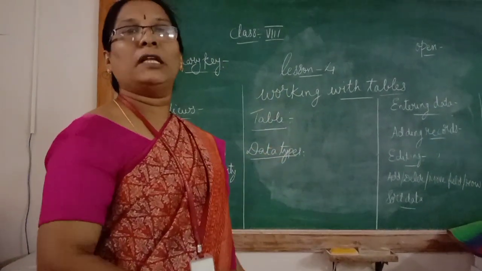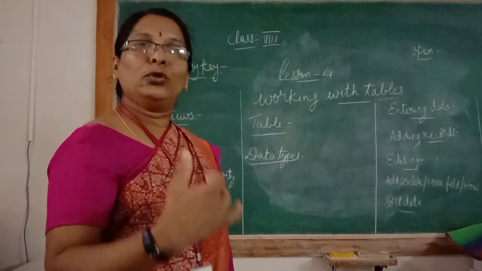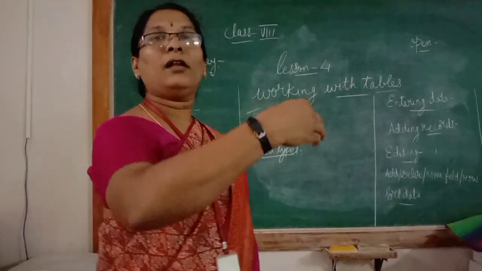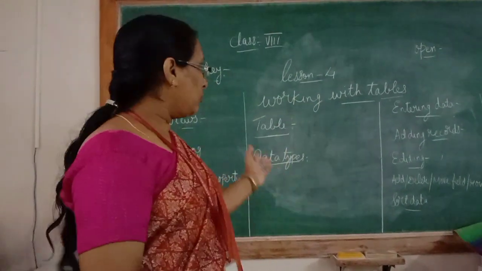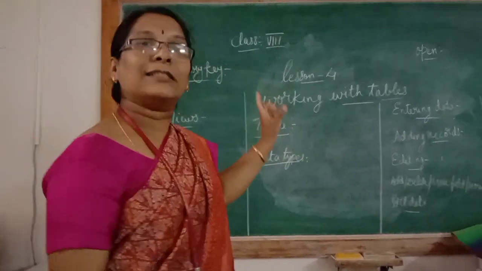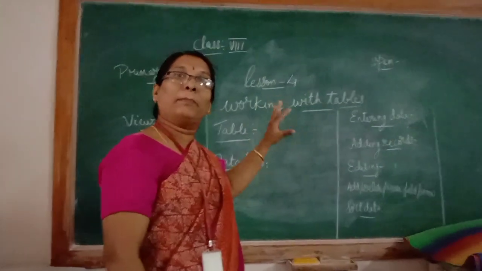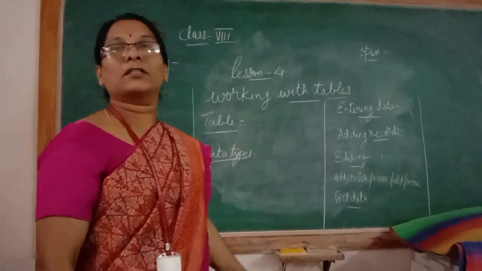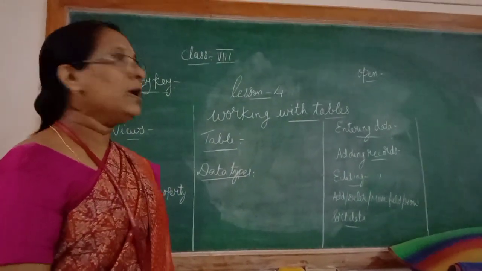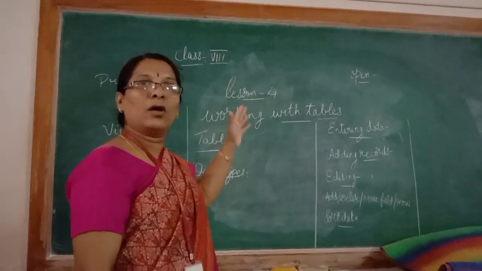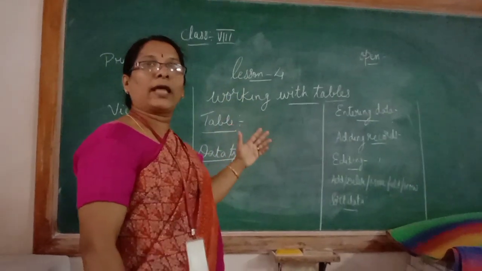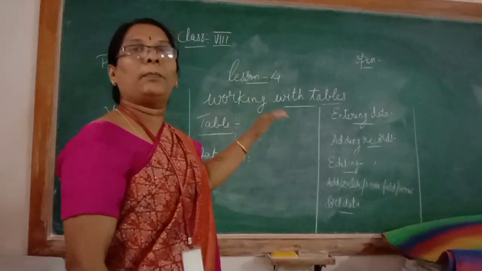All this you are familiar with: how to open, save, new file, all this you have already learned in Word, Excel, PowerPoint. The same thing you can follow here, because last class we had discussed the title bar and the basic components of the Microsoft Access window. I hope you are aware of that. So in the same way you have here also file, open, save, save as. Those are common in Word, Excel, PowerPoint.